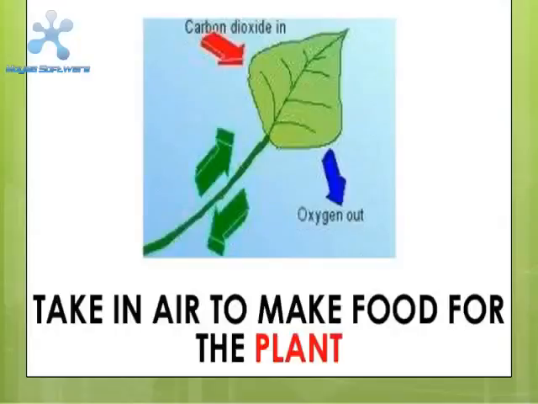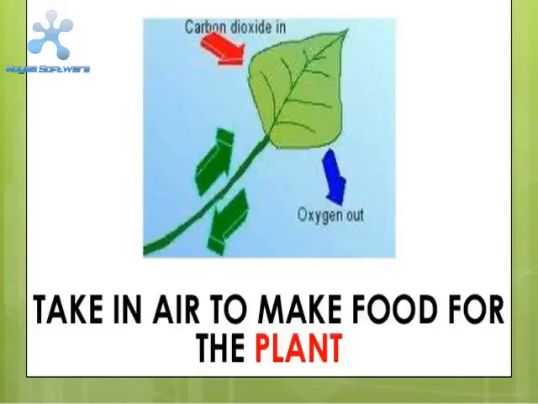Another important part of a plant is a leaf. We can see so many leaves on a plant which are green in color. How are they green? What is the thing that makes the color of the leaves green? Yes, chlorophyll. Presence of chlorophyll gives them green color. Leaves are also called the food factories of the plants. They are preparing food for the plants by which they can grow.